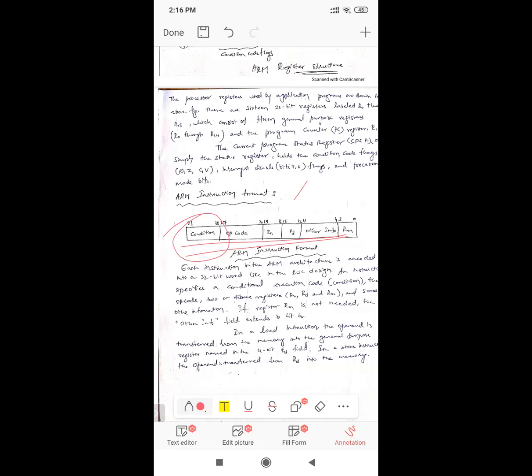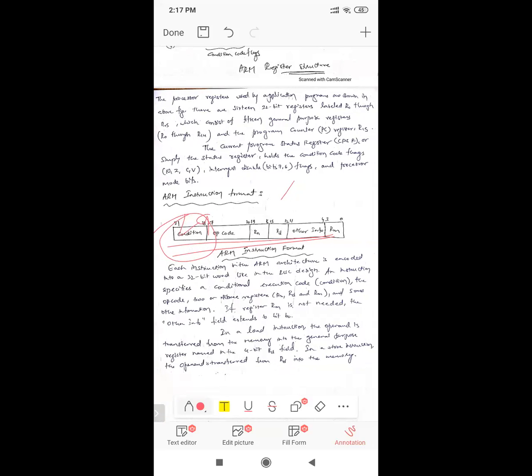Bits 28, 29, 30, 31. These 4 bits are used for the condition, specified for a branch instruction. Branch if equal, nothing but 2 numbers are compared. If both are equal, then the branch operation is performed.